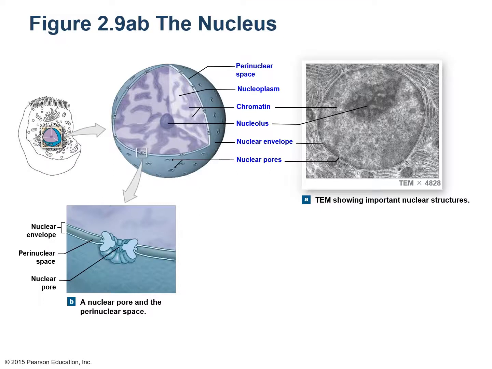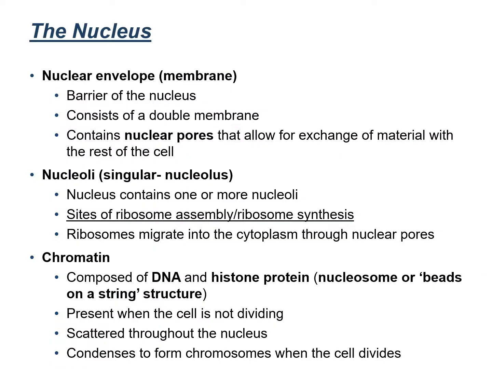This multi-panel figure shows all the components of the nucleus that we have just described in the previous slide. Here is more information on the nuclear membrane or the nuclear envelope, the nucleoli and the chromatin. Something interesting about the chromatin is that it is made up of DNA. DNA is your main genetic material. It stands for deoxyribonucleic acid. In addition to DNA, it also contains a specific protein, and the name of that protein is histone. The way the DNA and the histone proteins are arranged is known as a beads on a string structure. And this structure is called nucleosome.